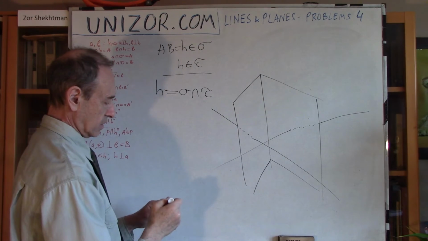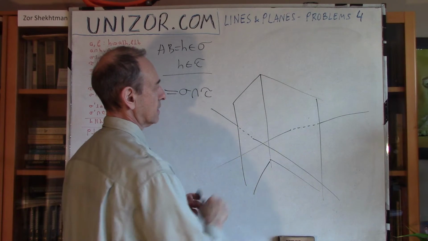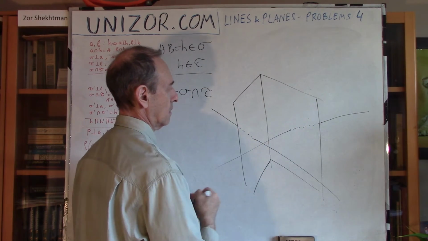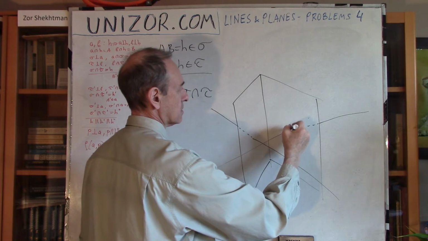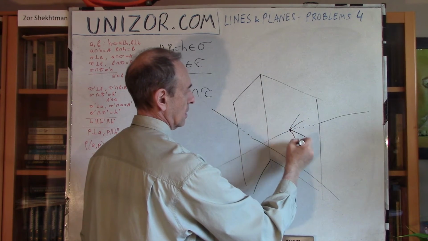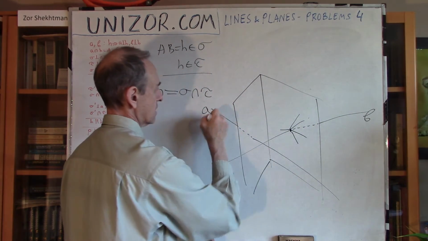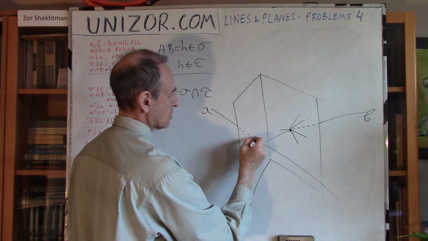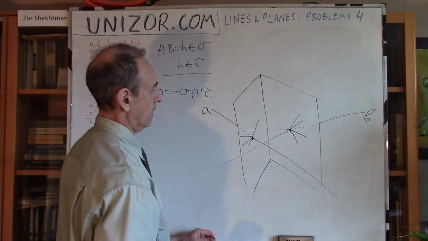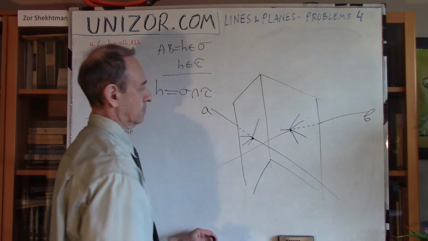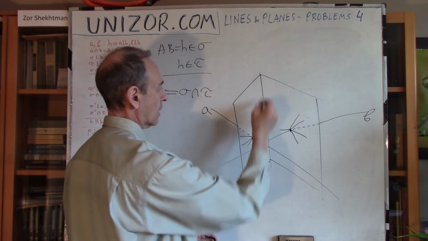Now, lines are not intersecting. So, what I'm saying is that any line within this plane is perpendicular to this. This is B, this is A. And any line which is going through this point is perpendicular to this guy. Now, how about this common line? Well, the common line,